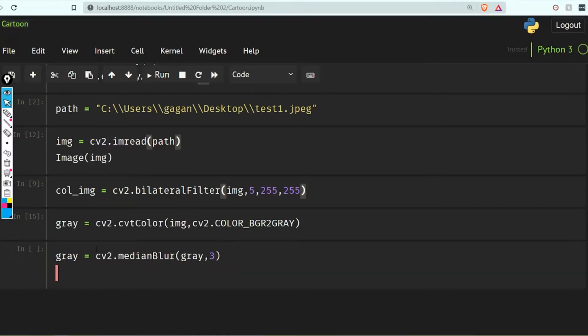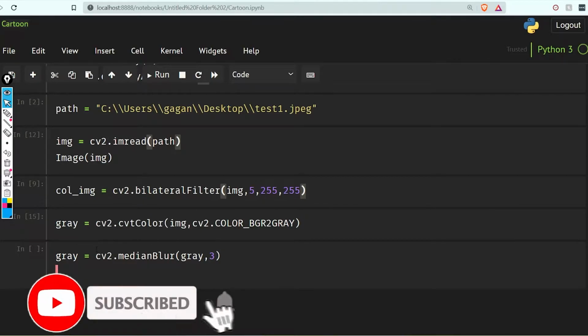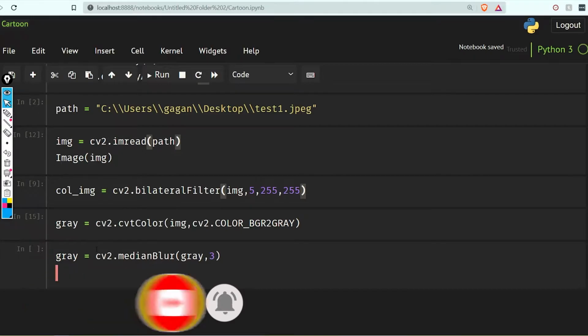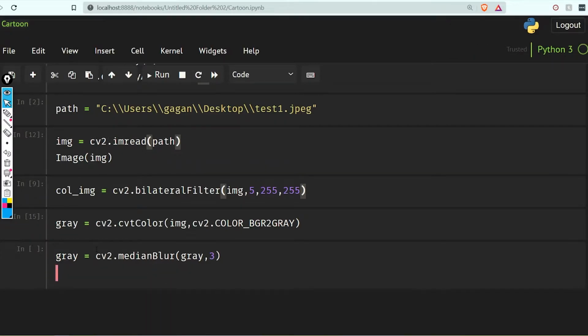So now I will just detect the edges from this gray image. We can use Canny edge detection, but here I am going to use the adaptive threshold. So edges equal to cv2.adaptiveThreshold, and I am going to give the image here. Then I need to give 255.